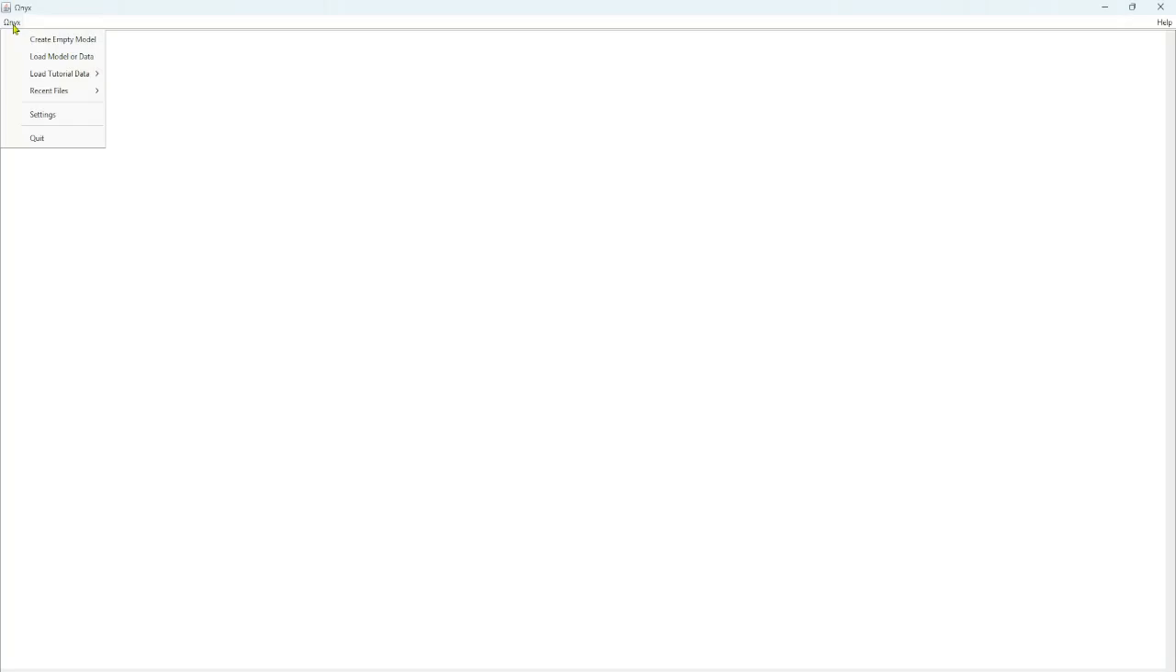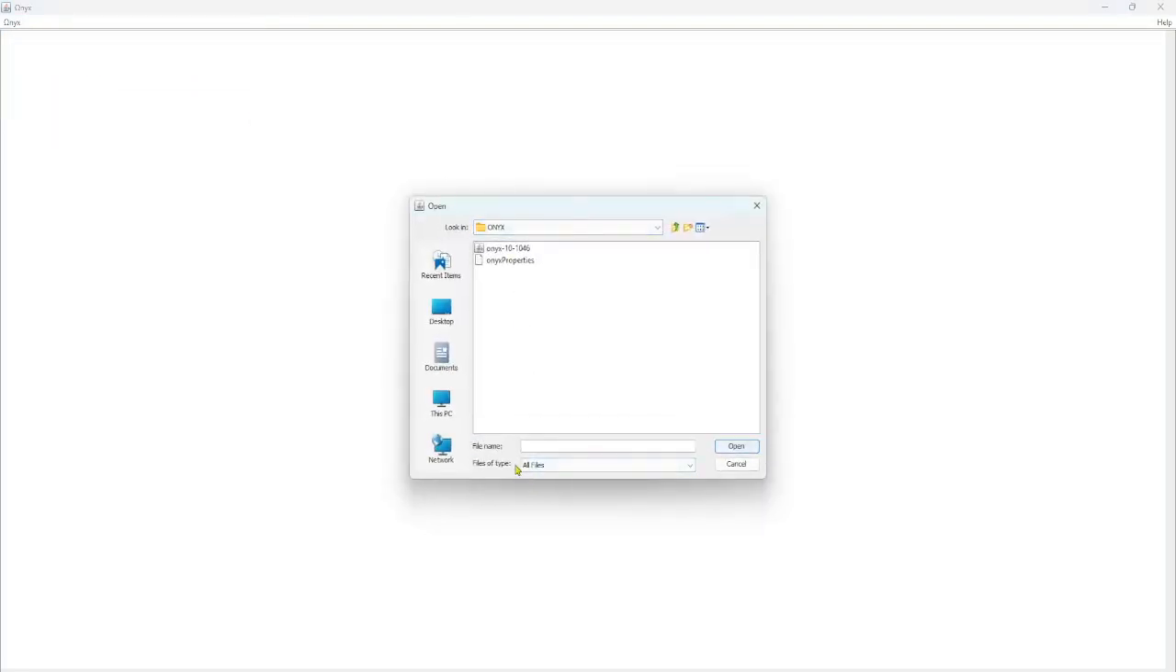You just click on ONYX, and the first step is load model or data. First we need to load model or data, and then we create an empty model. I'll show you in the next video how you can load model or data. Which type of files you can take